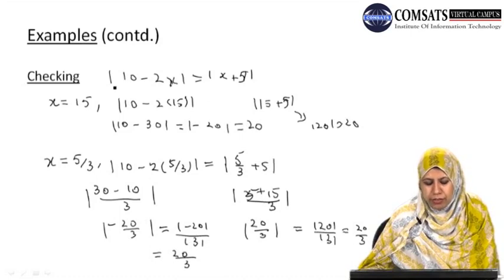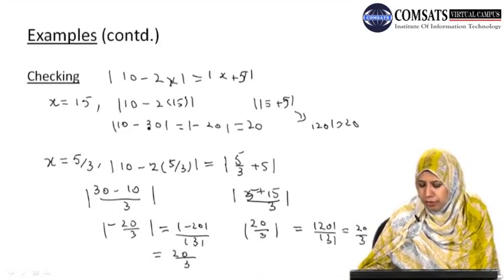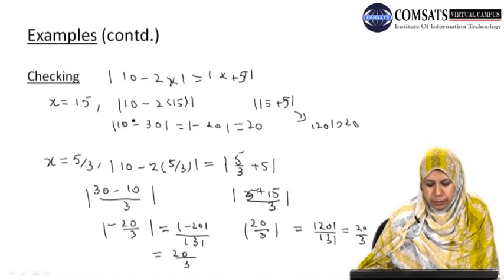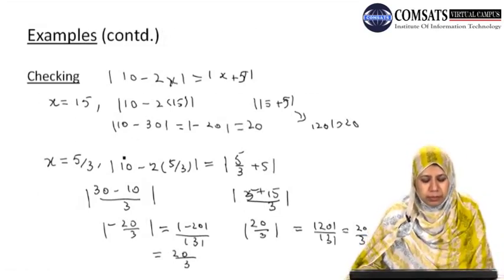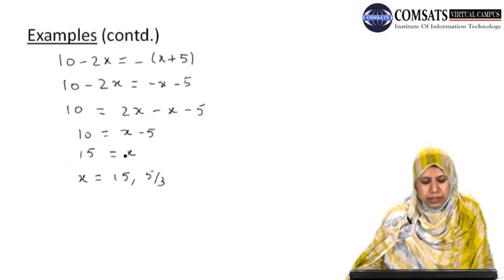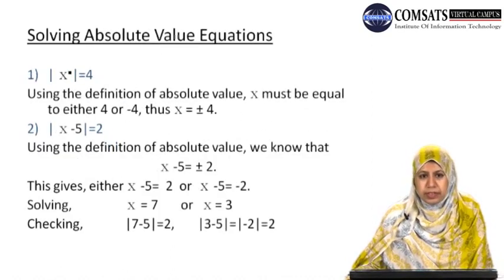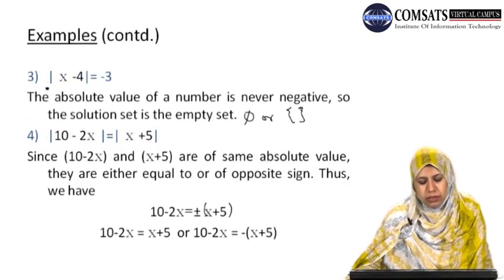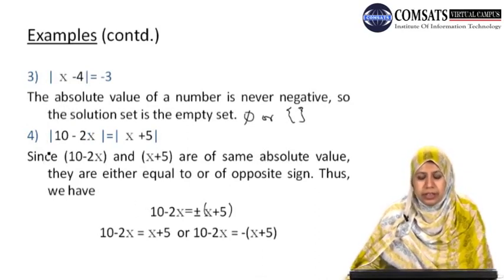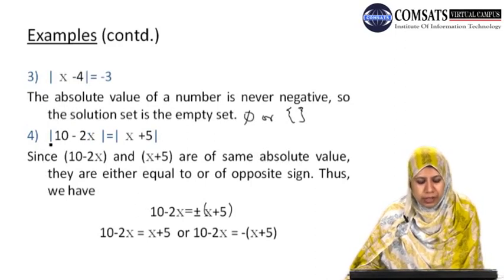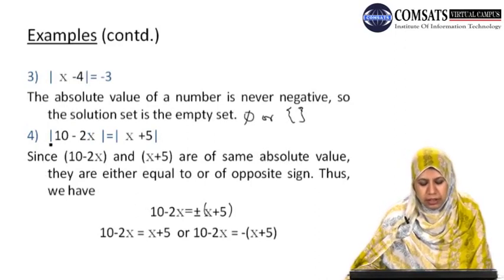And we have seen that while verifying the values of x, we have used the divisibility property of absolute value and the second property. So now we have seen from 4 examples how we can solve absolute value equations. In the first case we considered a very simple case, then a bit of something added on both sides with x, and in the fourth case we have seen that we obtain in the end two equations which we have to solve to find the values of x which satisfy this equation.